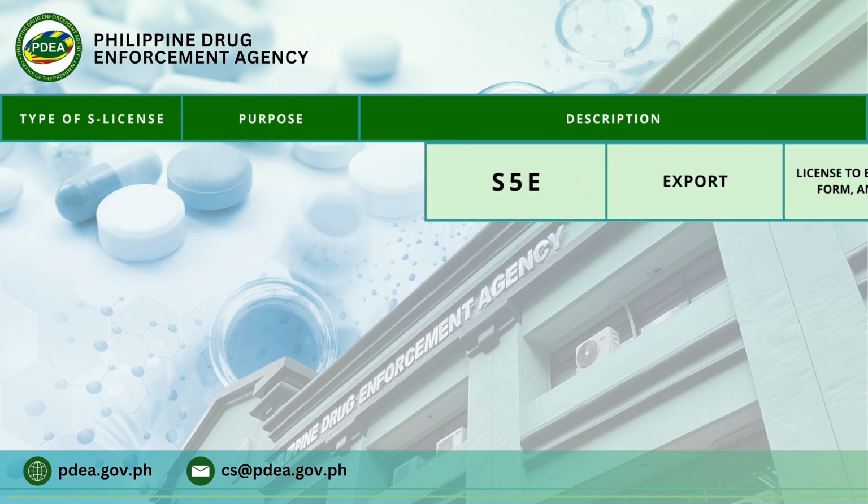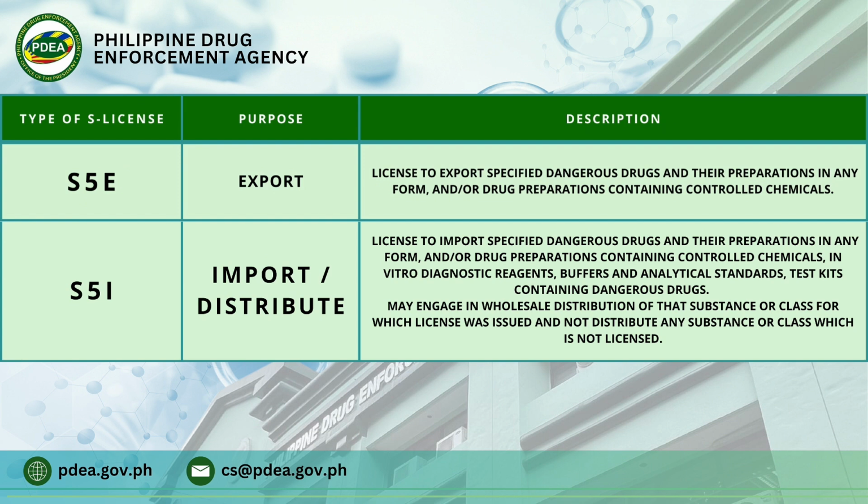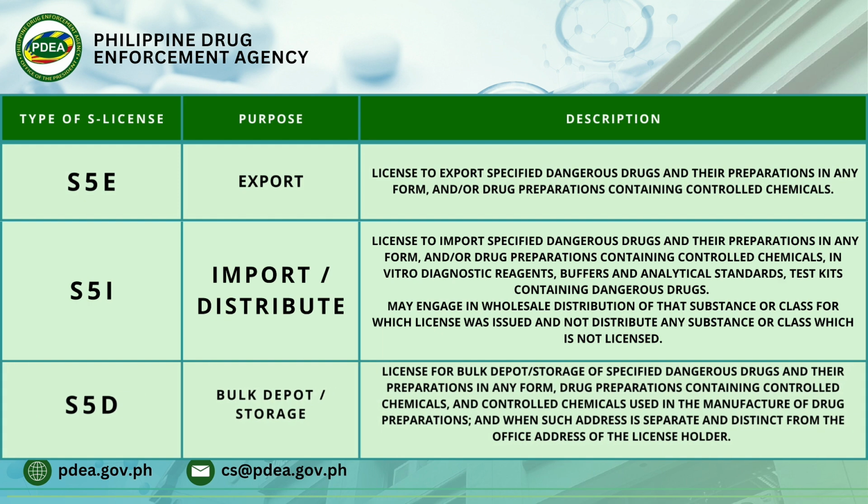and relabel. S5E is the license granted to business entities engaged in exporting dangerous drugs or drug preparations containing controlled substances. The S5I license is granted to business entities engaged in the importation of dangerous drugs or drug preparations containing controlled chemicals, in vitro diagnostic reagents, buffers and analytical standards, as well as test kits containing dangerous drugs. S5D is the license granted to business entities with separate and distinct warehouse address from the office address of the